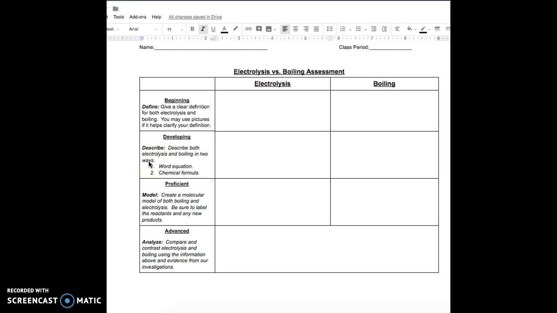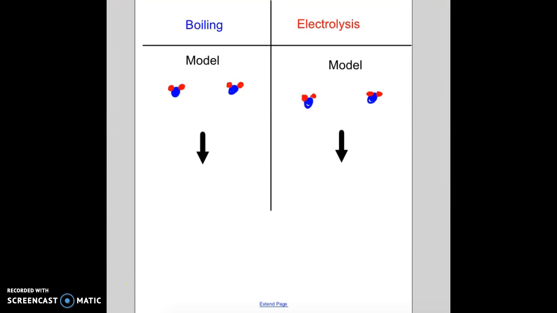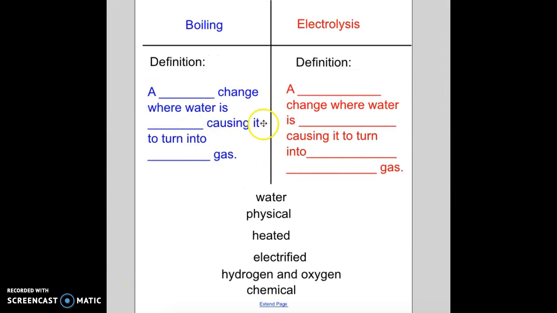So I'm going to walk you through what to do. I'm not going to give you the answers, but you can use this video to really help. So the first thing you need to do is give a definition in words of electrolysis and boiling. Here are some examples. First, for boiling,